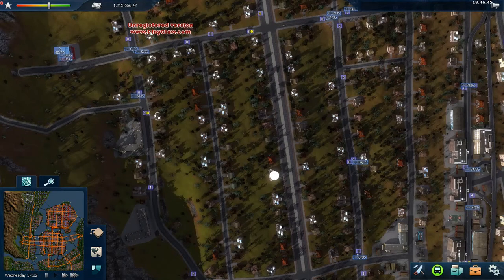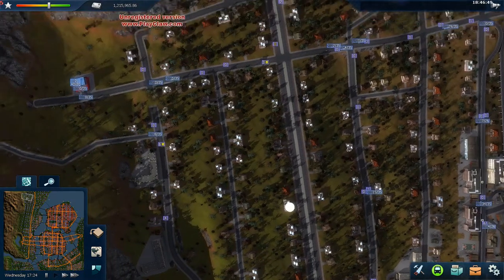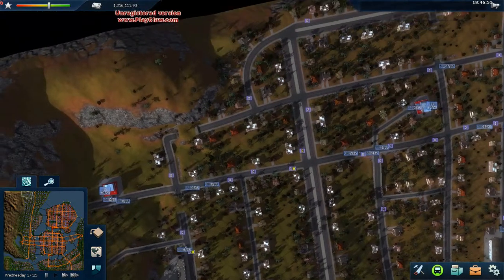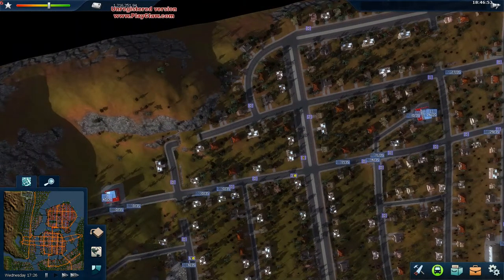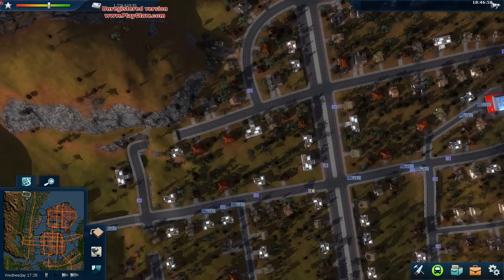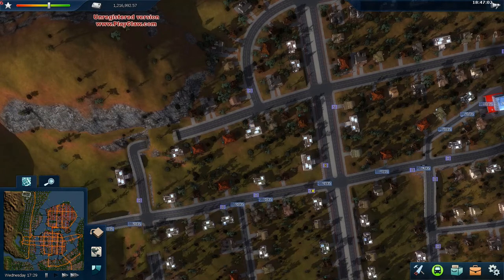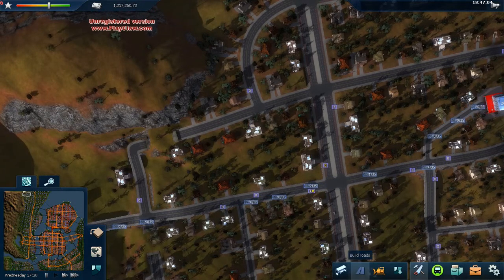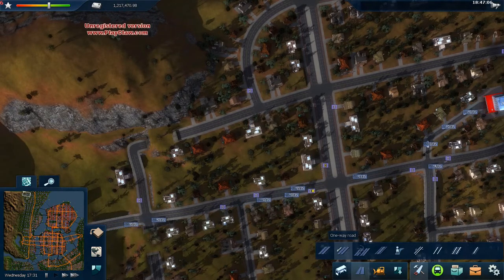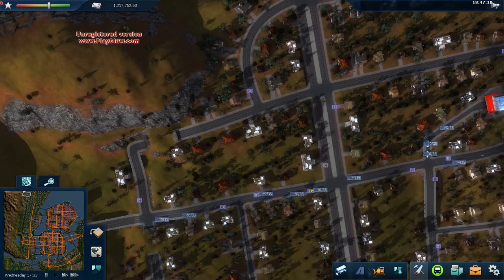Don't necessarily consider these permanent constructions. For example, if I'm not happy with the density, I can delete all these roads and rebuild them. You want to do so with care because obviously you've got bus stops that you'd have to rebuild. So I'm going to do it carefully. What I'm going to do here is insert a one-way road. It has to have a sidewalk in order to have buildings. I'm going to have it